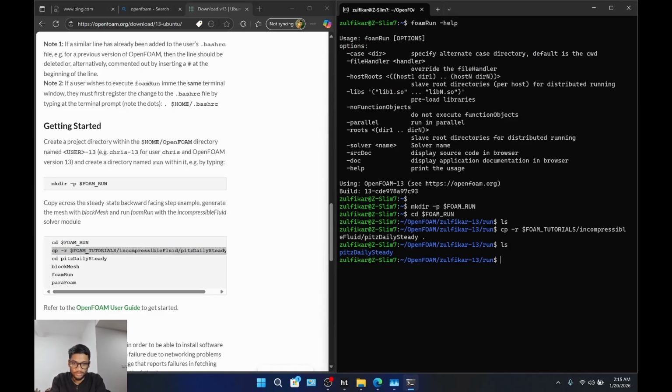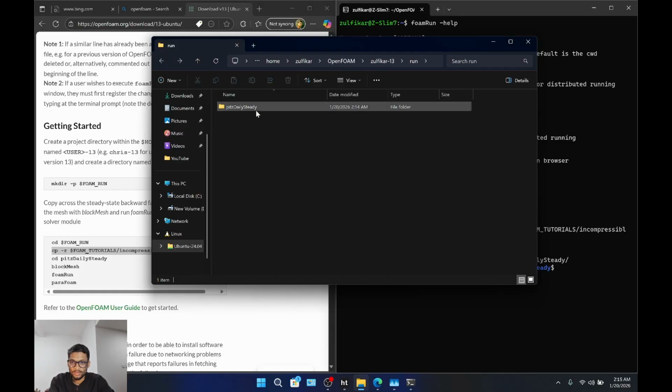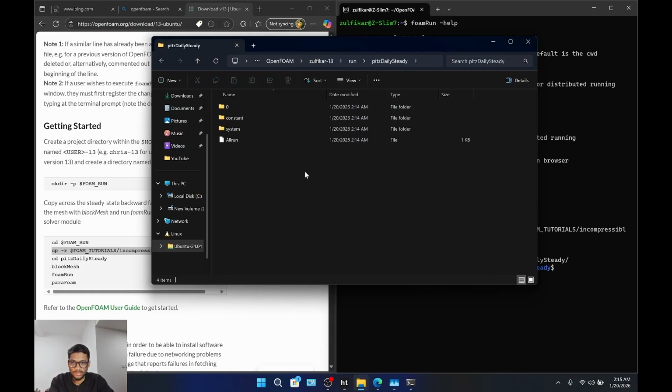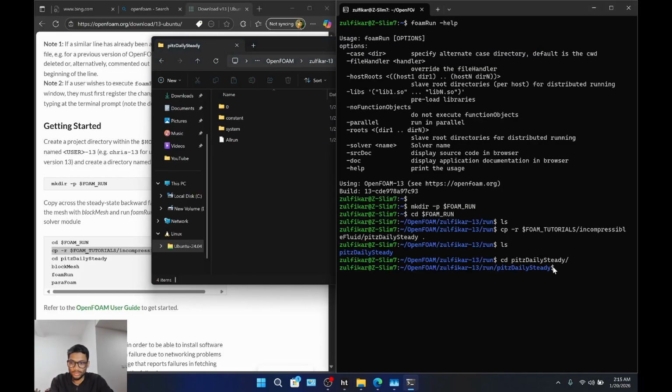We have right now a pitzDailySteady. So cd is like go to this directory. cd p tab, okay, pitz directory. So I'm actually right now inside here, and now I'm going to run the command which is